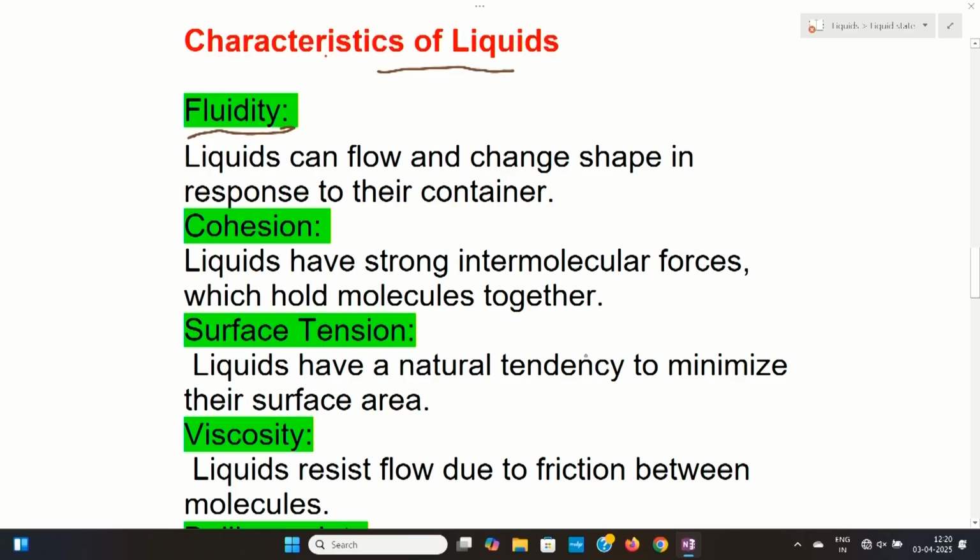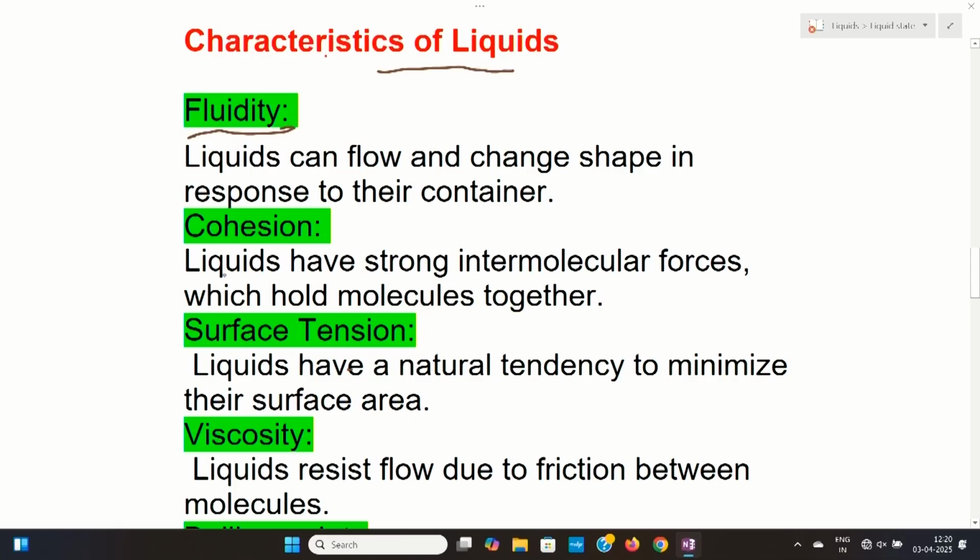Liquids can flow, but gases cannot flow like liquids. And another property of liquid is that it can occupy the shape of the container. That means, as I said earlier, if we pour liquid into a bottle, it occupies the shape of that bottle, and if we pour liquid in a beaker, it occupies the shape of that beaker, and if we pour liquid in any vessel, it can occupy that particular vessel shape also.